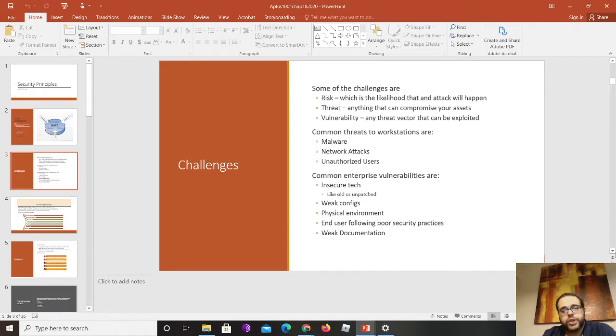Common threats to our workstations are malware, network attacks, and unauthorized users. Another thing I would like to add to that list is the insider threat as well. Somebody that works in an organization, whether through a benign action or a malicious action, could be a threat as well. Common enterprise vulnerabilities are insecure systems, which could be old software that can no longer be patched,